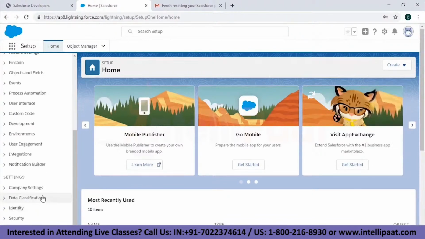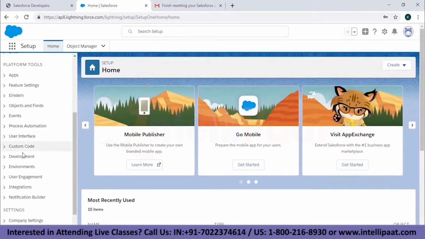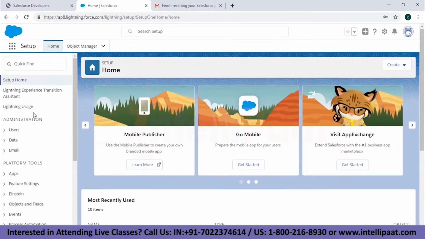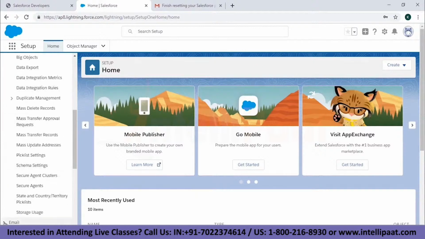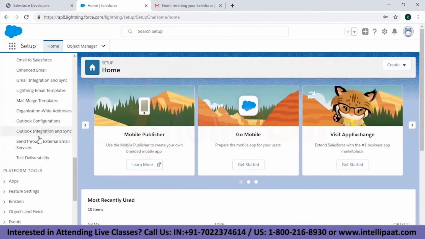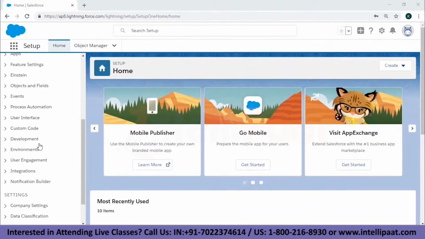Then we have this menu. Let's go back to this menu. Now Salesforce has very nicely segregated all three types of the tools that we have over here. First of all, we have the administration tool, in which basically the admins will work. We have users, data, and email. So the admins can enter users' data, look at the data components for that, and send an email if you're an admin. Then we have the platform tools over here. There are several platform tools, and we'll be talking about some of them from this particular menu. So let's now create a user in Salesforce.